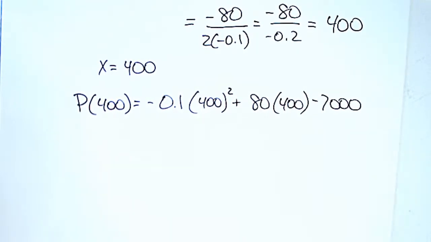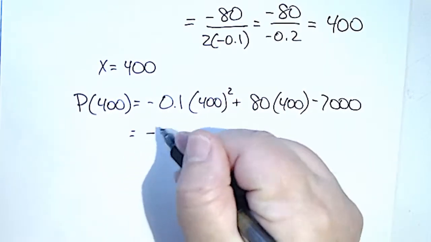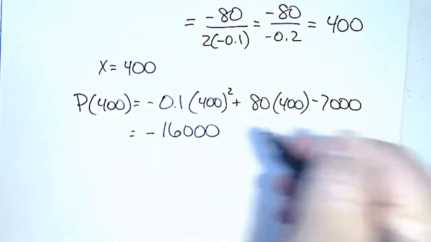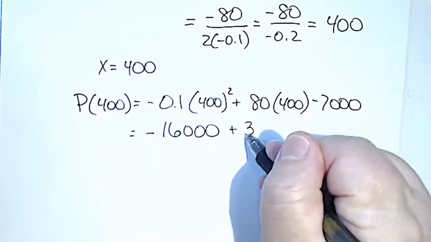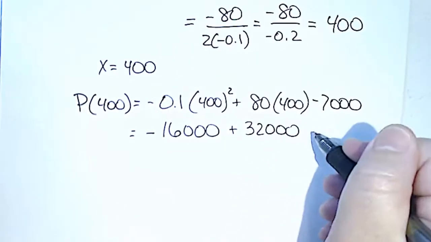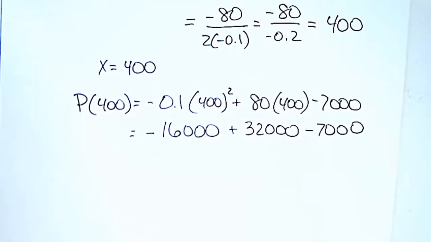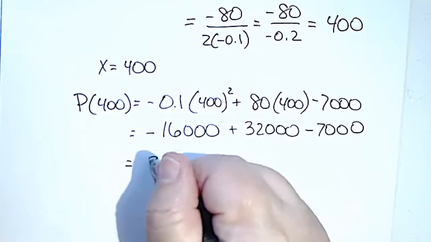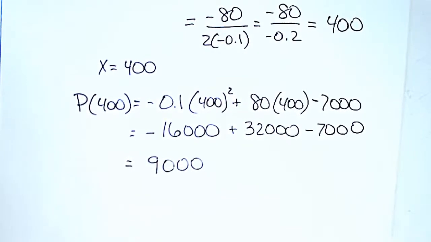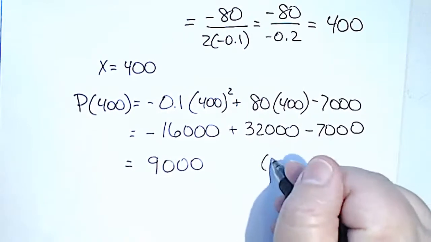I know it's obvious, but I really don't want to mess this up. 1, 2, 3 plus 3, 2, 1, 2, 3 minus 7, 1, 2, 3. So I think the end result is 9,000. So we've got the point 400,